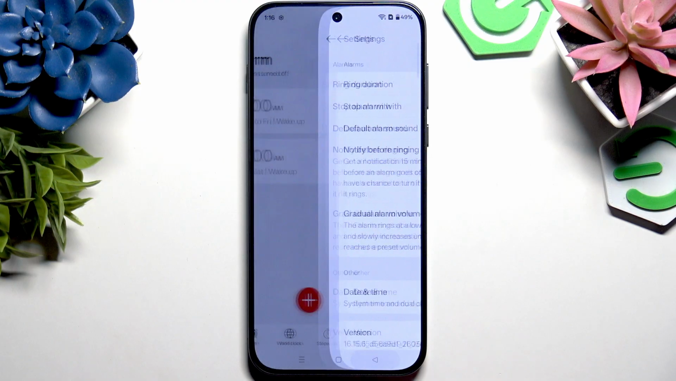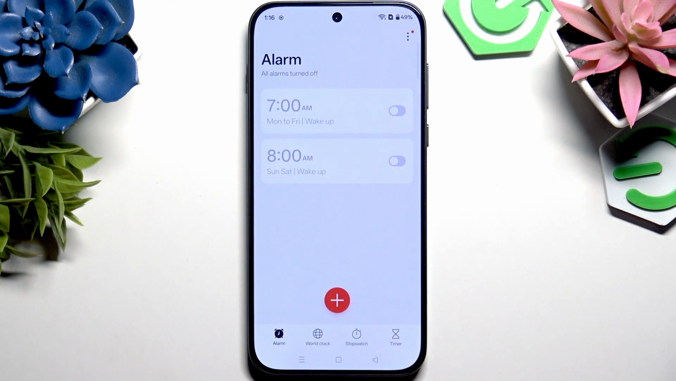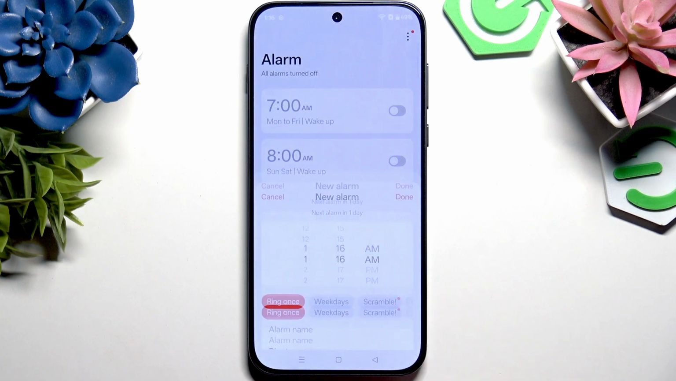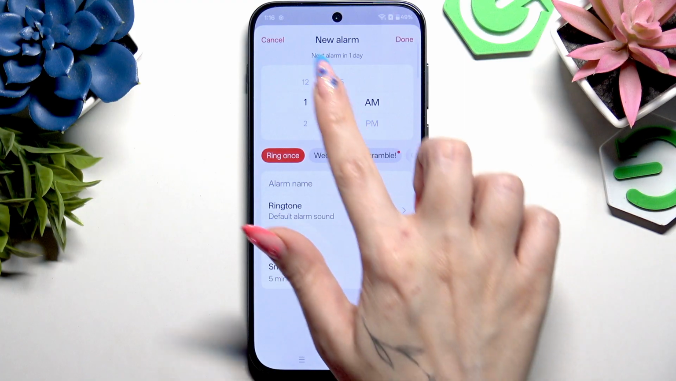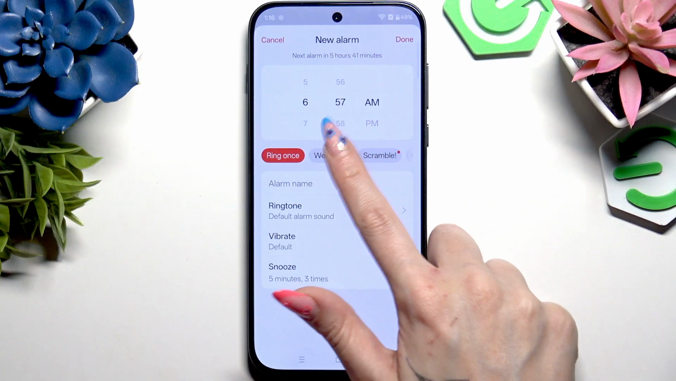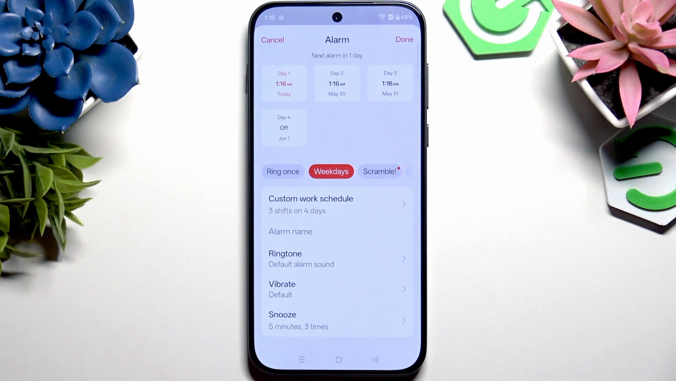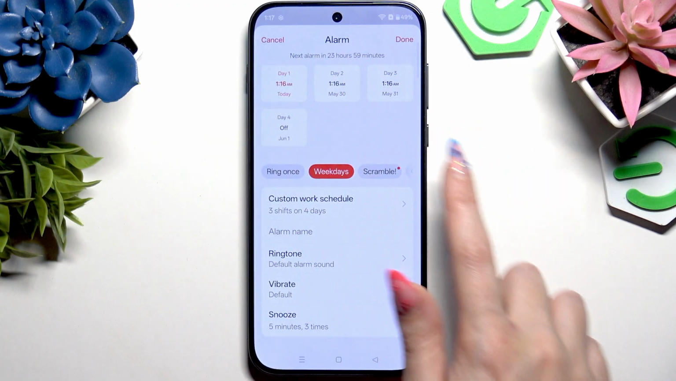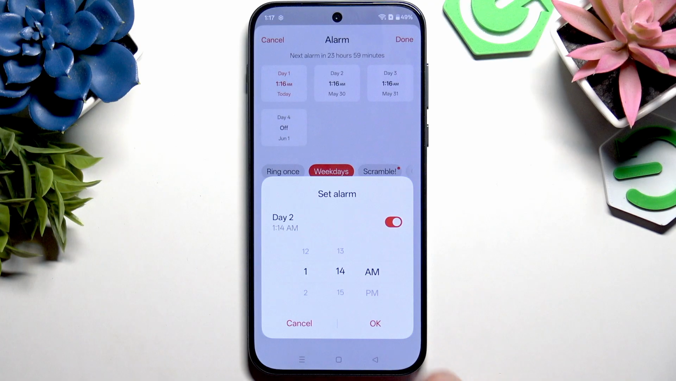When you're done, go back and tap on this plus at the bottom in the middle to create a new alarm. Begin by setting up an hour at the top. Now decide if you want for your alarm to ring once, if you want to pick weekdays. Here there is this fun thing that you can click on all of those and adjust them